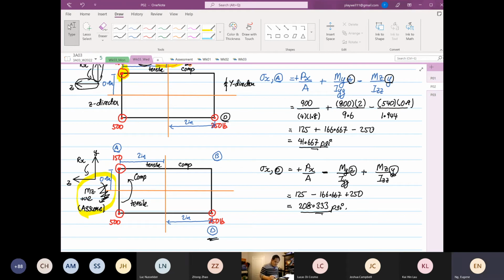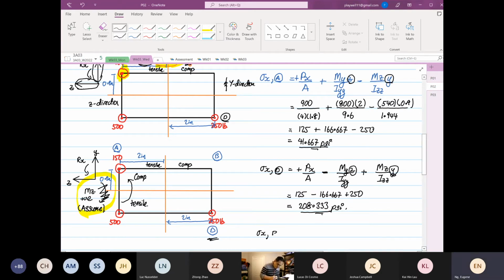Why I still need to find point B is so far everything seems to be in tension, right? I don't know whether there is any; if everything is in tension, there's no intersection at all. Okay, so we're going to find stress X